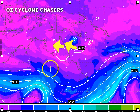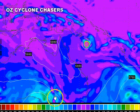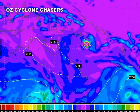And then I guess the issue becomes where the upper level high actually forms. Now, if the upper level high forms further to the west, the system will lie in a much weaker steering environment. And you can see this is exactly what the GFS model suggests. So what we've been showing is the Euro, but you can see the GFS now at the 5 kilometre up level. The 3 kilometre up level gets a little tricky to explain to you, but at the 5 kilometre up level